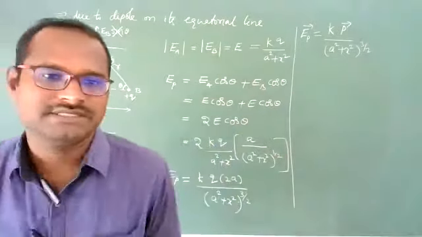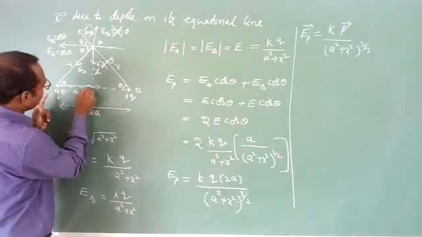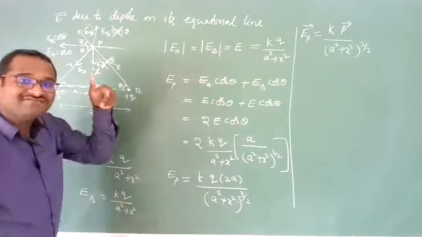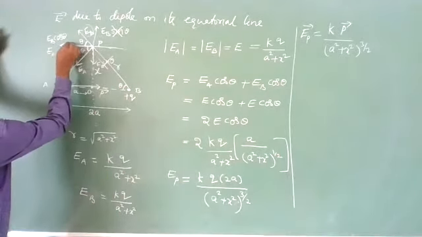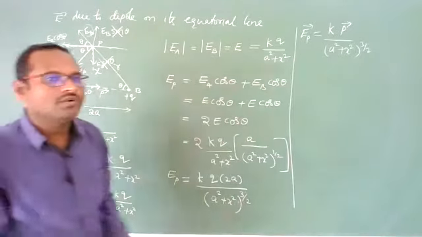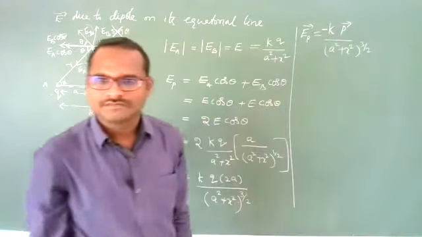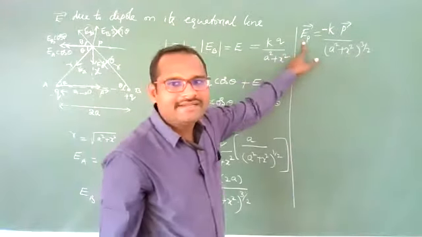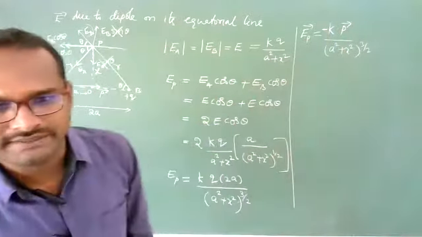Now you need to see the directions. See, the electric dipole moment direction is in this direction. Electric dipole moment direction is from negative to positive, no? Yes, p vector is in this direction. Whereas the electric field direction, you got the net electric field in this direction. Clear, students? Means both are in opposite directions. That you need to show in your expression. So that's why we need to keep a negative sign here. The negative sign indicates the electric field and dipole moment are in opposite directions. I hope you are understanding.